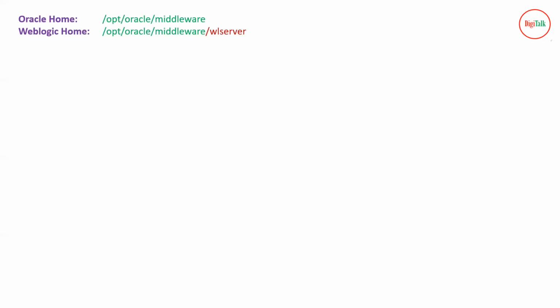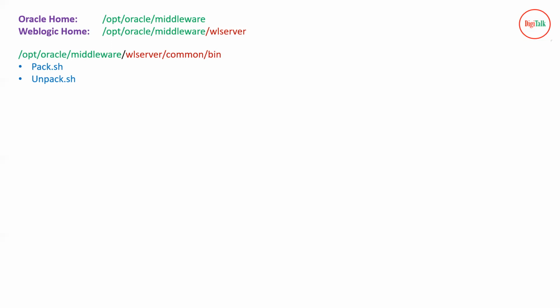Right. So what we have done so far is that we have installed WebLogic server on two nodes on the same path. Then we initiated the configuration wizard from machine one, or node one, where we want our admin server, and followed the wizard to configure the different configurations that we need in our domain. Then we created our domain on node one only so far. Now your Oracle home is /opt/oracle/middleware, and the WebLogic home is /opt/oracle/middleware/wlserver, right? Because we have done the configuration on machine one, or node one, now you have to copy the same domain from node one to node two, right?